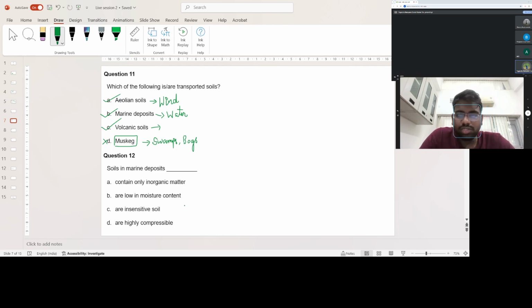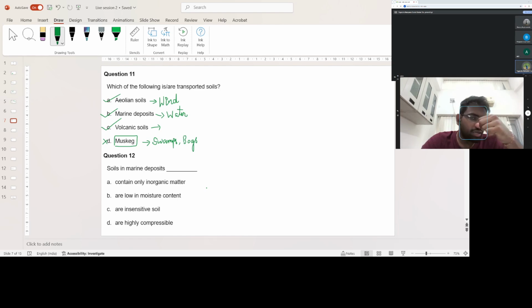So as far as option A is concerned, contain only inorganic matter, it is straight away an obvious answer that marine deposits contain some marine organisms, or nearby aquatic estuaries, aquatic lives, which will obviously, after their lifespan, get decomposed and become a part of this ecosystem. So hence marine deposits are